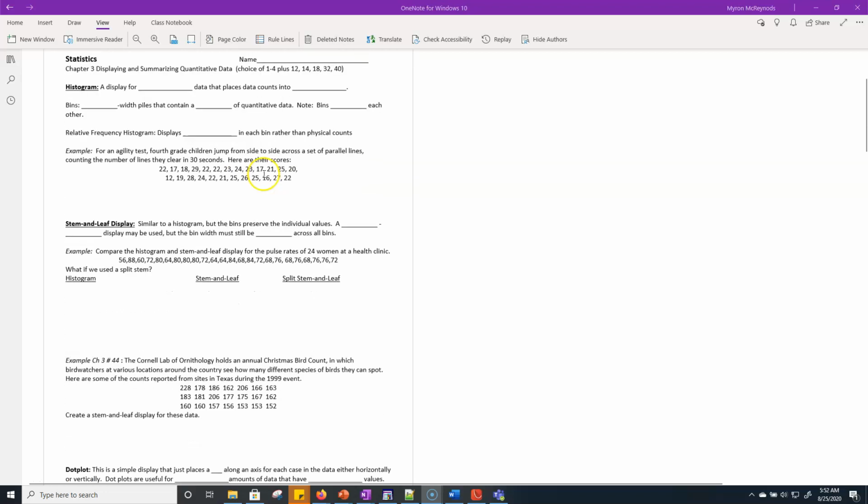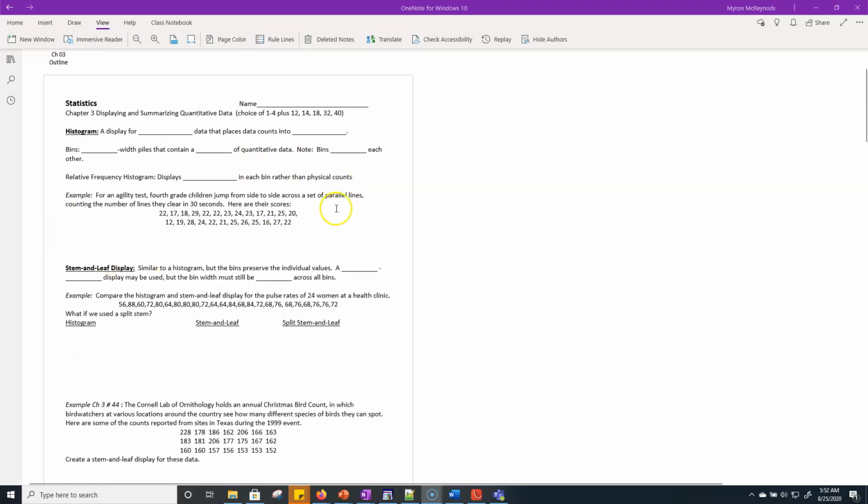All right, I'm going to do the first example in your notes in the TI-Nspire now. So the example is for an agility test, 4th grade children jump from side to side across a set of parallel lines and count the number of lines they can clear in 30 seconds, and here are their scores. So I have their scores, and what you need to do